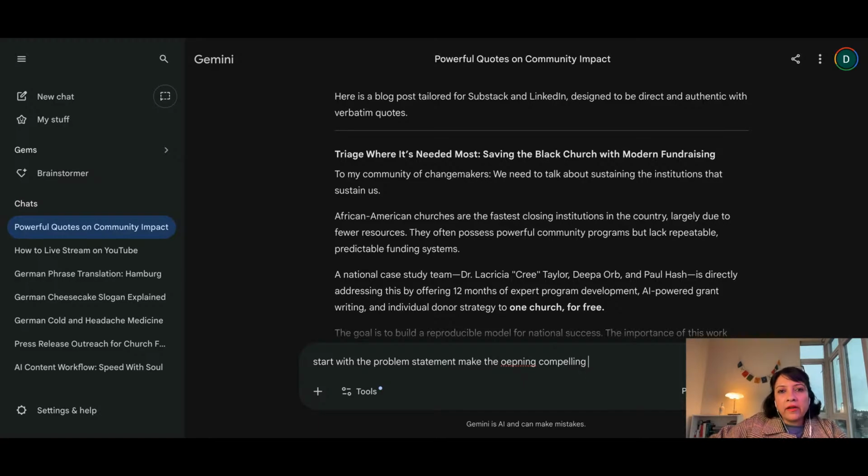So my whole idea was to make content engaging, and once you're able to communicate in a more open, more fun way, then more people will engage and more people will get interested in the social good space. Otherwise, there's always going to be a barrier. You're always just throwing buzzwords which only other people from this space understand. So you're not really growing the space. So start with the problem statement, make the opening compelling, use simple language,